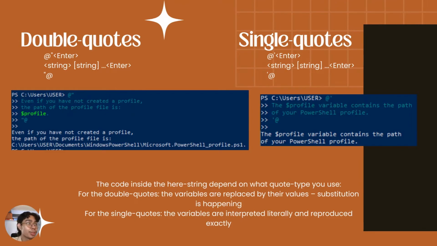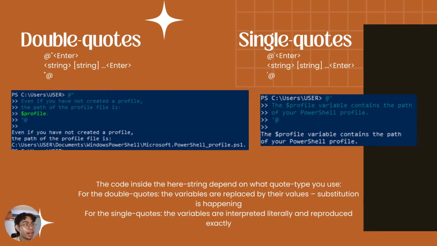Here, then example, we have @ double quotation. Even if you have not created a profile, the path of the profile file is $profile, period. Then new line, then double quotation, @ sign. The output for this will be, even if you have not created a profile, the path of the profile file is, then it is in double quotation, so it calls to the